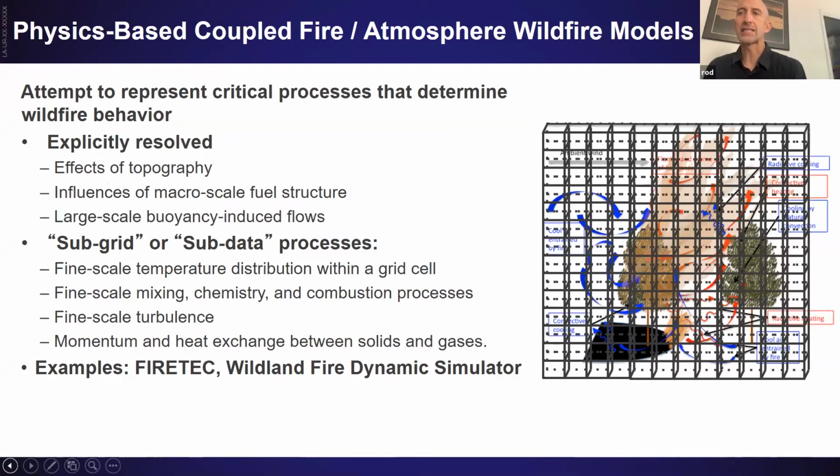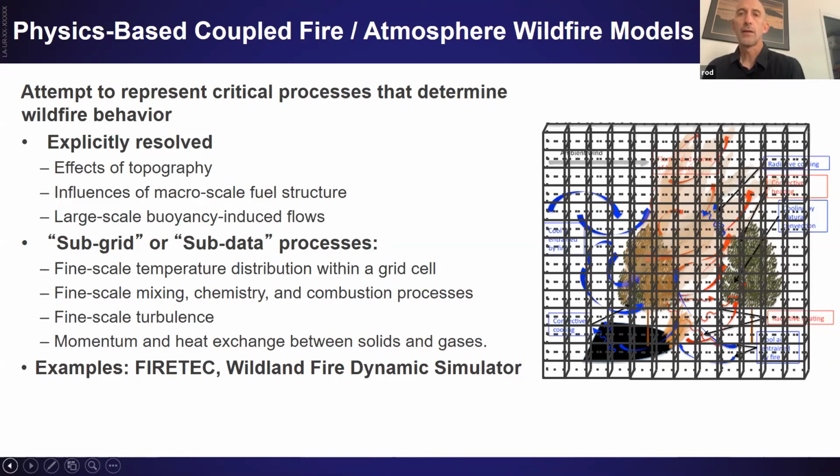So we use the word explicitly resolved to mean things that we capture outright in the models. And those are things, influences of topography, influences of the fuel structure on the wind field, the large scale effects of the buoyancy you'll hear a lot about this afternoon